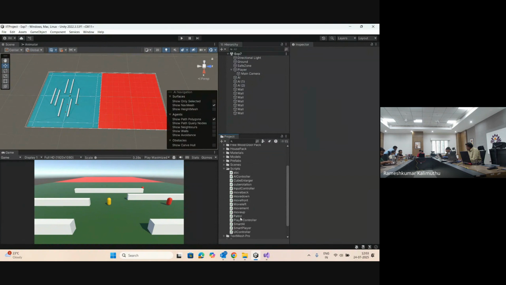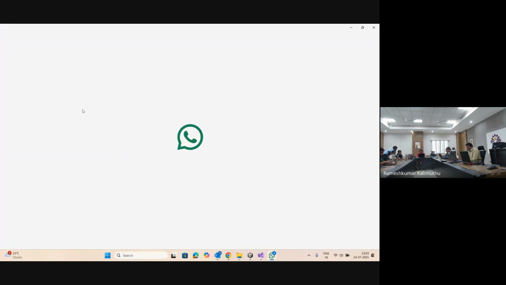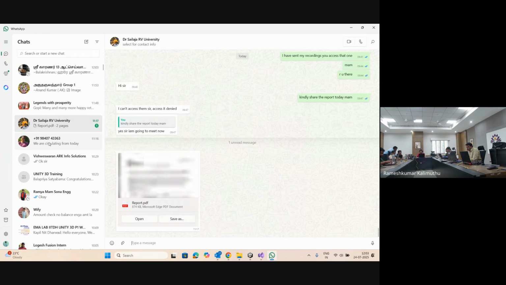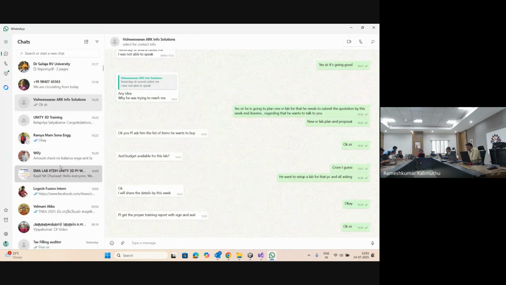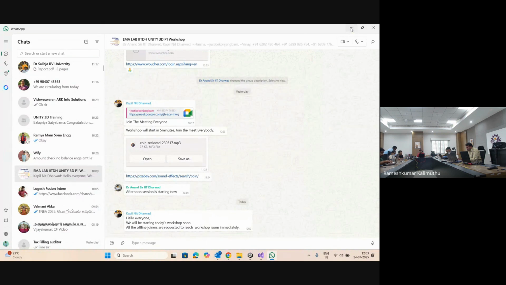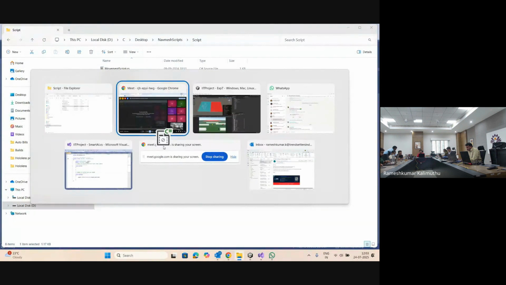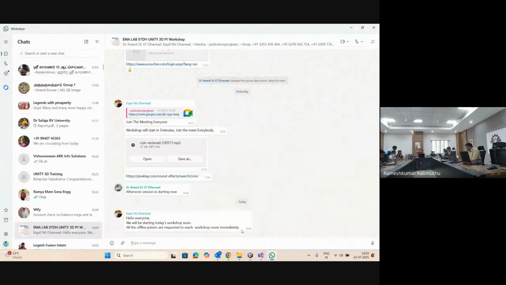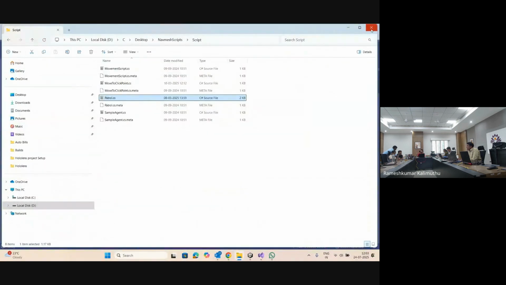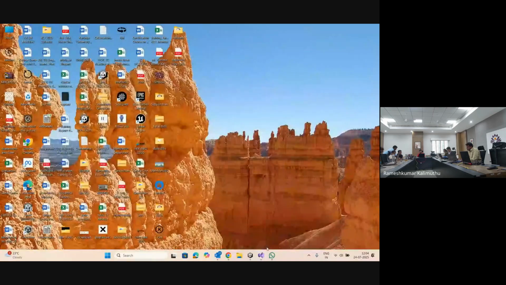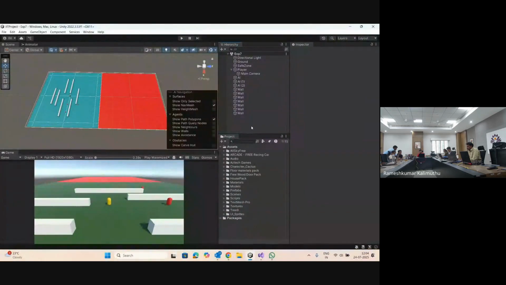Let me share this script on WhatsApp. Kapil, you put it in the WhatsApp group, okay? Yes. You inform in that group, no? See,